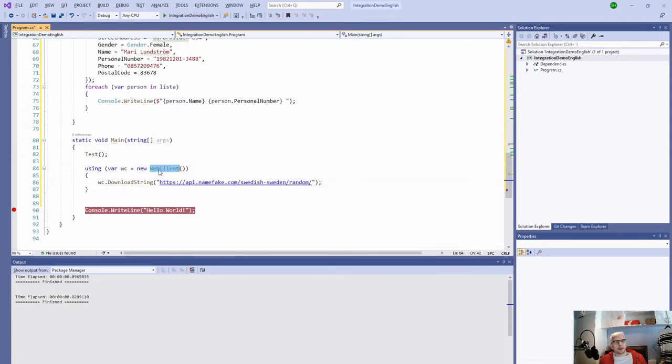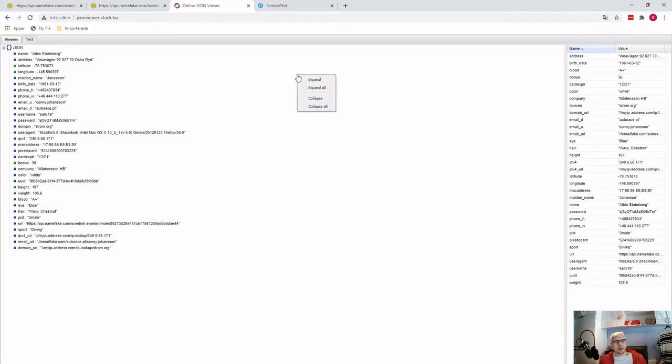So this web client is not fake, it's a real web client. We will do exactly what Chrome is doing each time Chrome or whatever web browser you're using fetches a website. There is a call to the server, and what we get back is text, and the text could be, I mean, it could be like